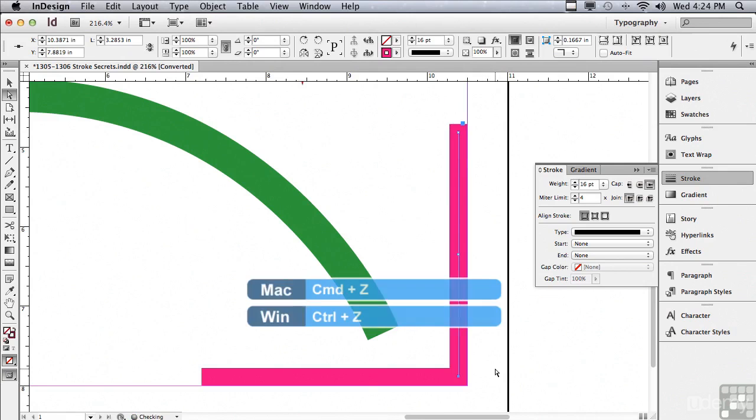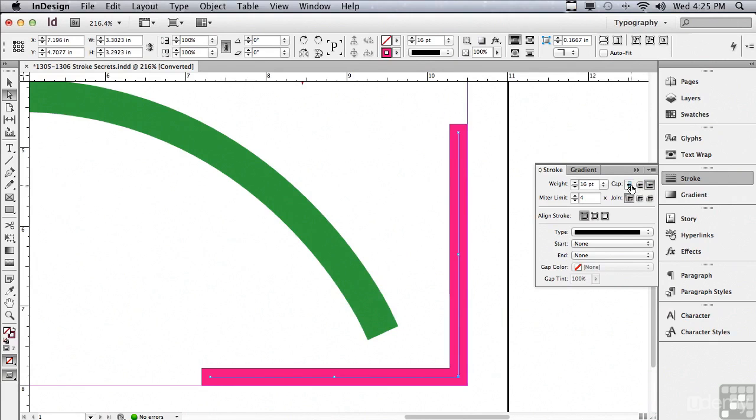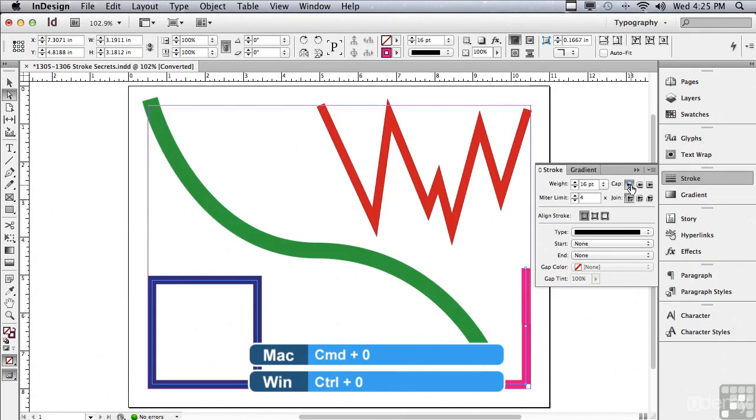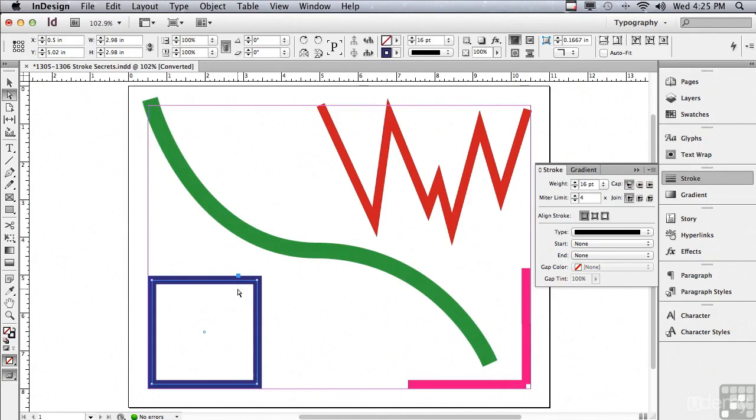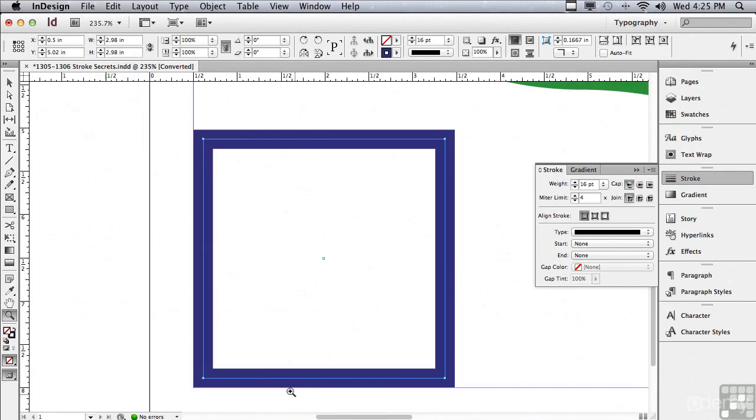Let me hit Command or Control Z and now select both of these again and make it a butt cap. And you can see big difference. Let me zoom out and fit my page, Command or Control 0. I'm going to select the square in the lower left-hand corner and just zoom in a bit so we can see what's going on. And with my selection tool, I'm going to select the object